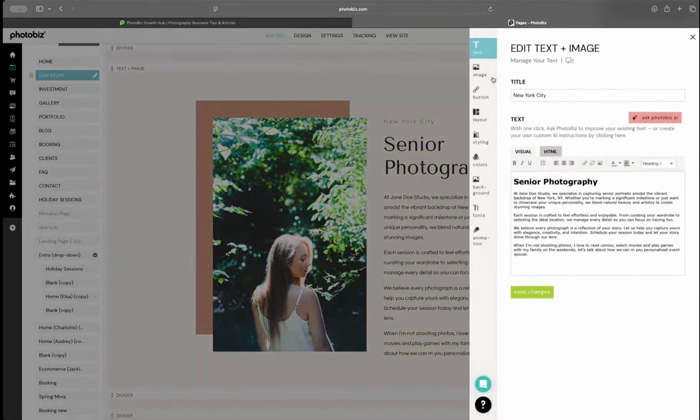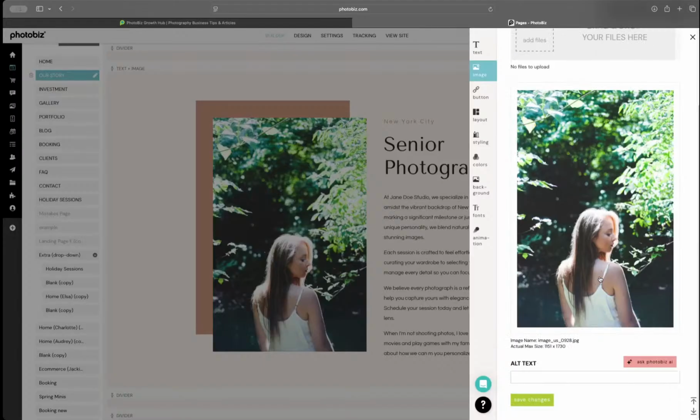So think about other things you can do to enhance this. Say these images. Oh, you've got to go through and add alt text. Alt text can be so time consuming, right? Well, let's just click Ask PhotoBiz AI. See what it says about this photo. Woman with long hair in a white dress standing out in the sunlit forest. Hey, it's done. Because that's what the ideal idea of alt text is. It is implementing